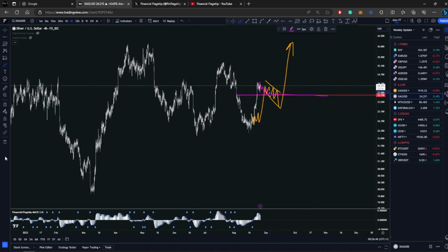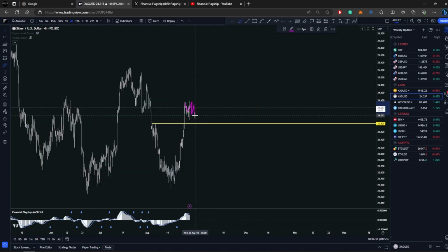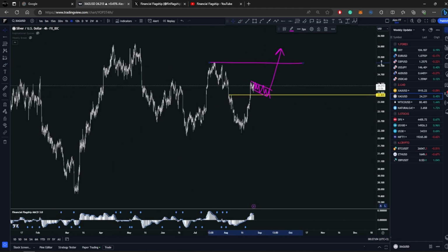So the way things are looking right now, you can see that we broke that red line. I'm gonna be drawing it again for you. Now it's a yellow line. So what we have to do next is to wait here for the price to give us a consolidation. And if that happens, then we're gonna go and trade this towards the upside, because like I said in every video for a while now, I'm very bullish on silver.